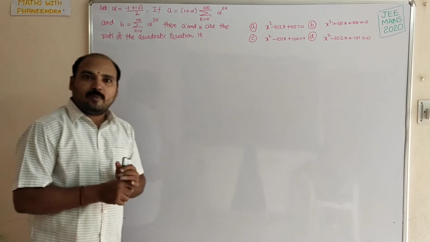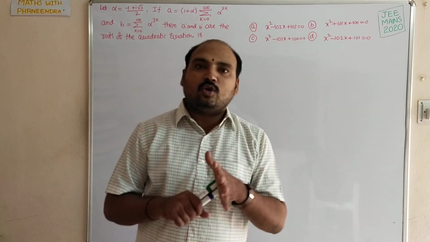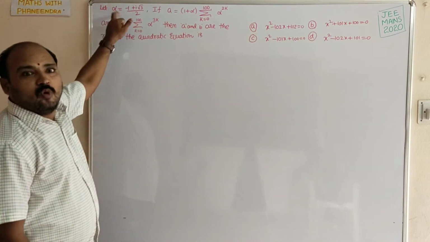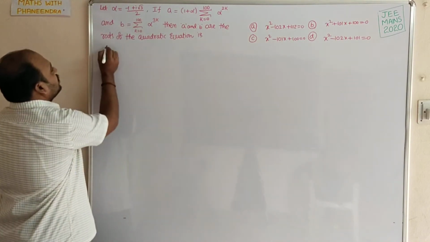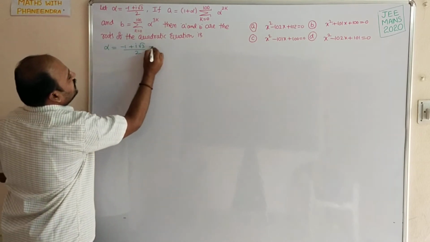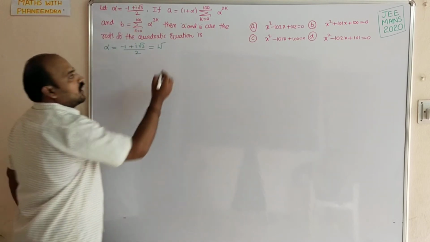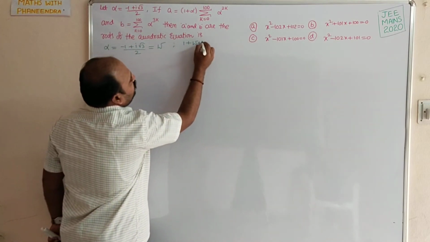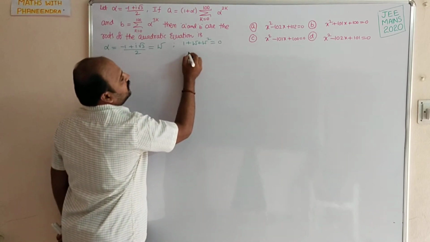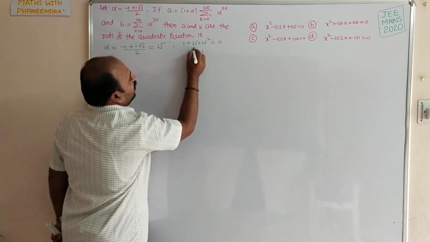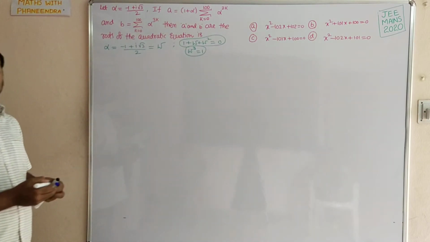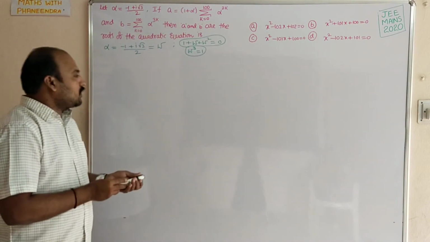We know that 1, omega, omega square are the cube roots of unity, and this is the value of omega. Let me write it. Alpha equal to minus 1 plus i root 3 by 2. This value is equal to omega. And 1 plus omega plus omega square equal to 0, that is also one of the important values. And omega cube equal to 1. This is the information you have to remember. These are the points we are going to use. Now come to the question.